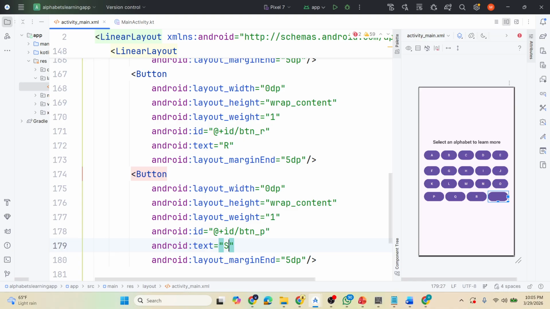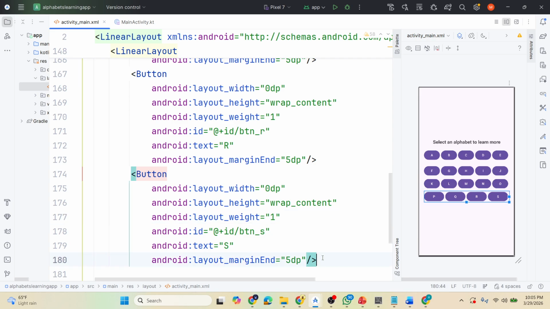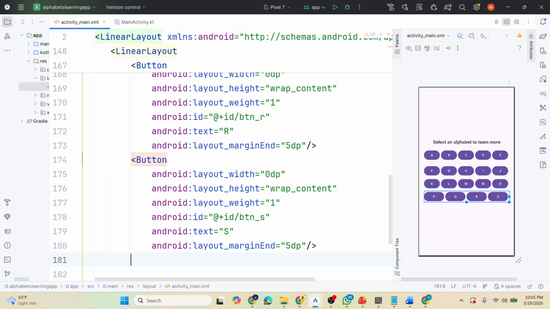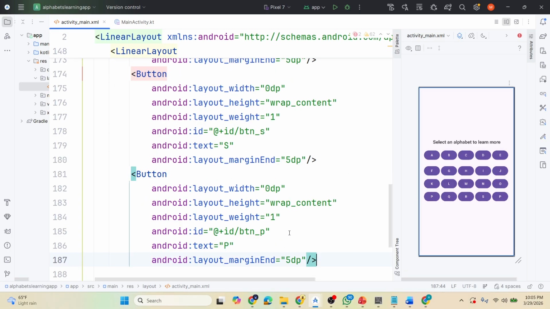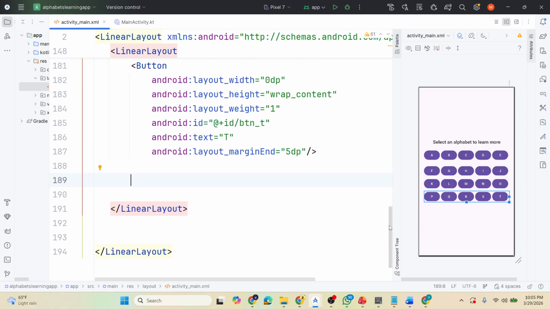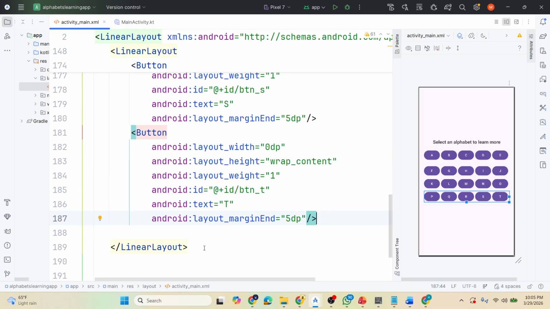And then we have S, button S, and after S we have T, so button T. So far we reached 4 rows. So I'm going to close this linear layout as well,